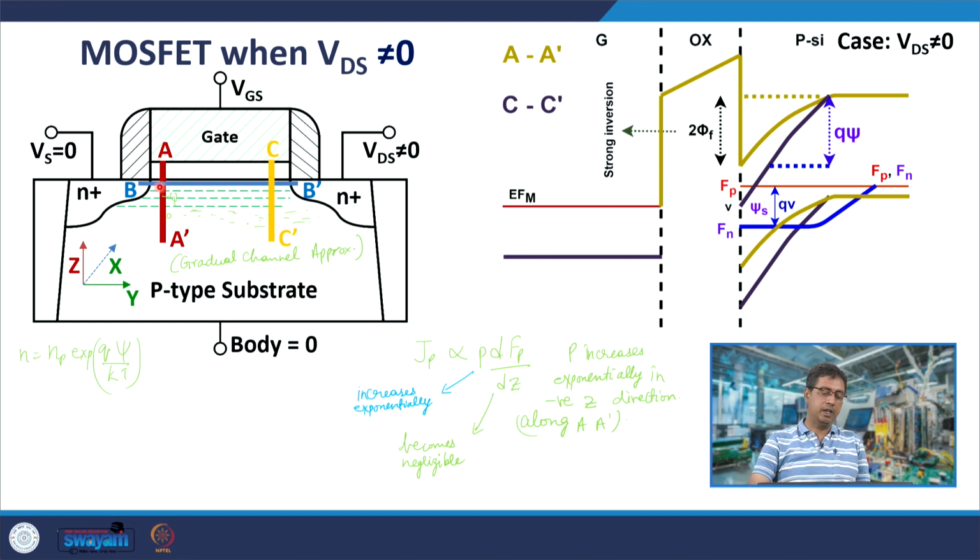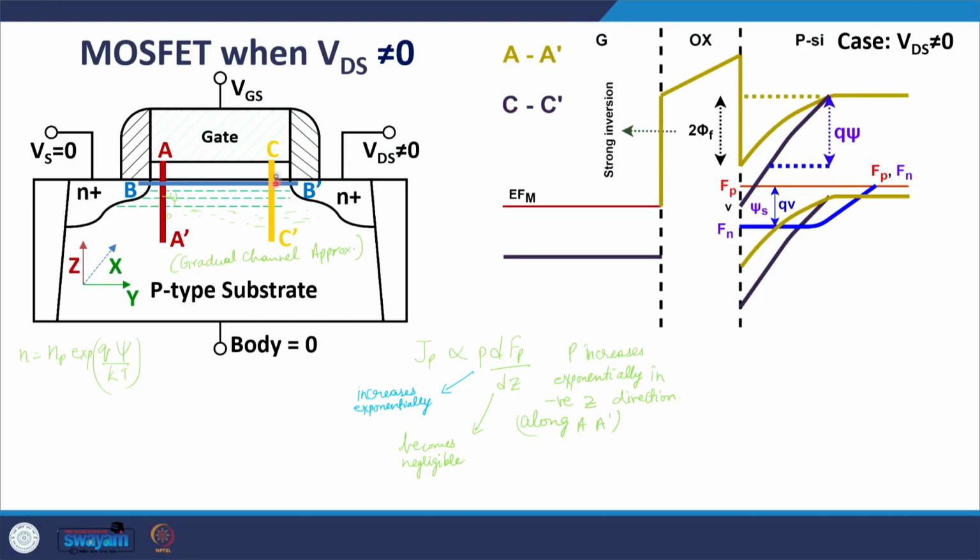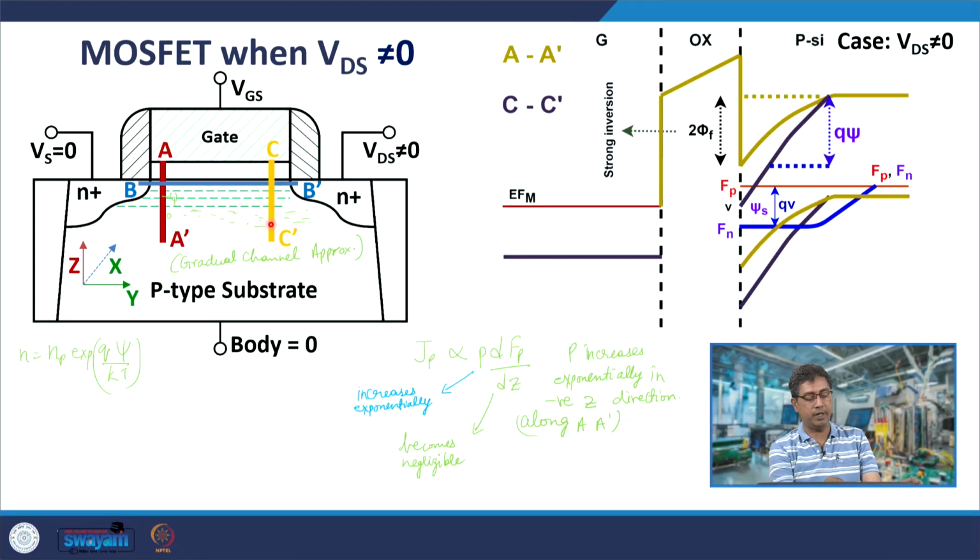What happens at the drain edge of the channel? Now, let us see what happens at the drain edge of the channel, that is along the vertical line C C prime. Now, suppose you have applied a voltage V as VDS. So, with this voltage applied, the potential